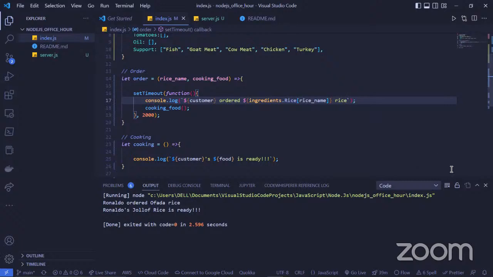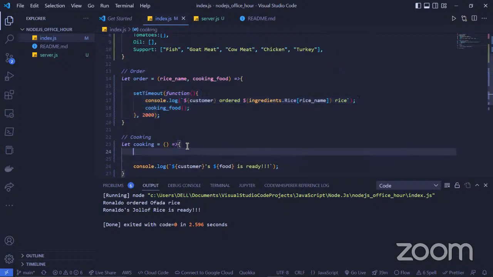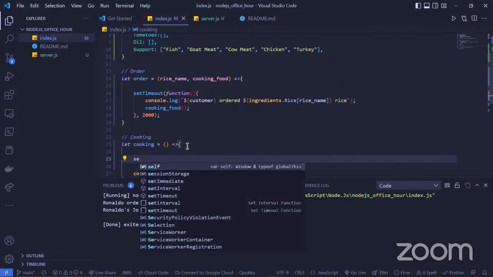We can put all of them inside a nested setTimeout function. But instead of doing that and talking about parboiling, let us go to cooking. Before we say food is ready, I'll just write a new setTimeout function.